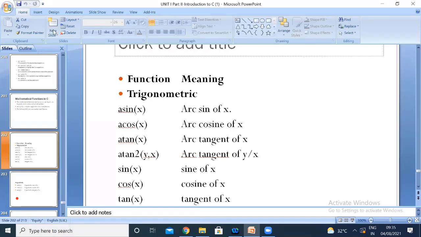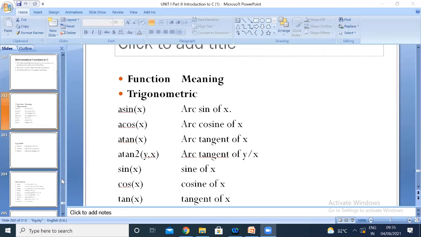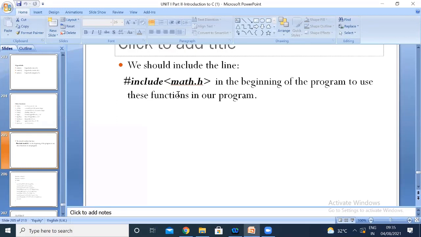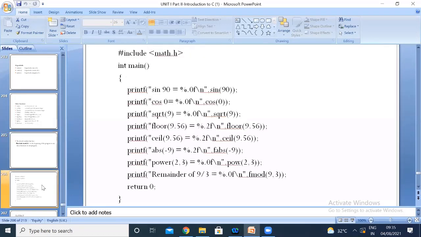In order to use mathematical functions in your C language, you have to use the header file math.h. Hash include math.h in the beginning of the program, after writing your stdio.h.